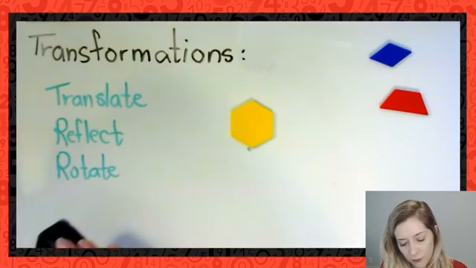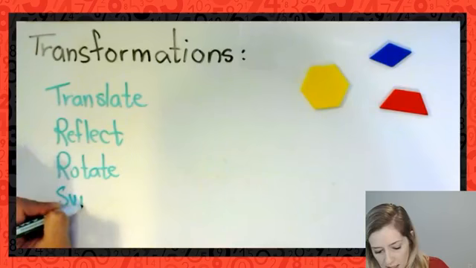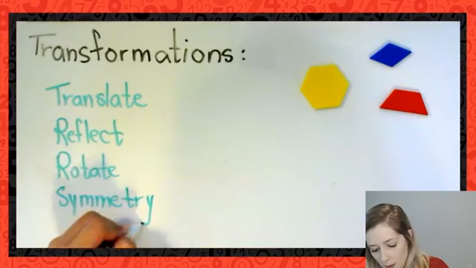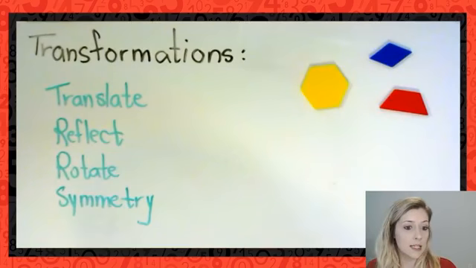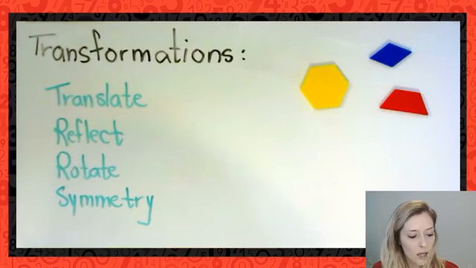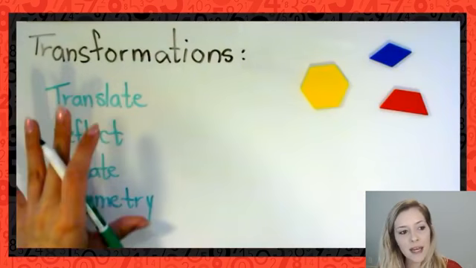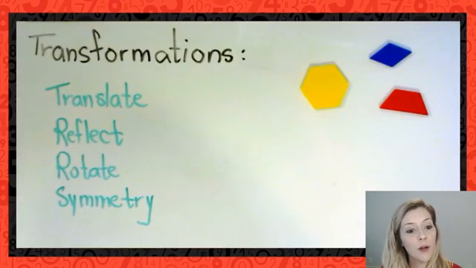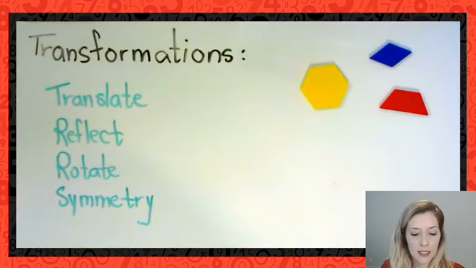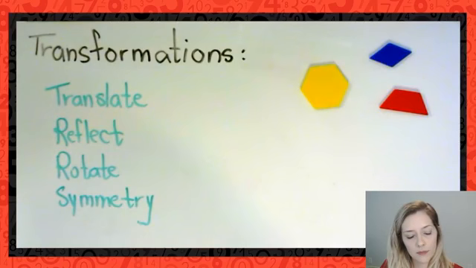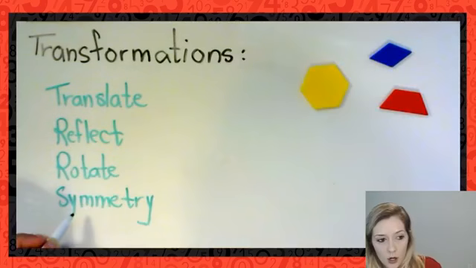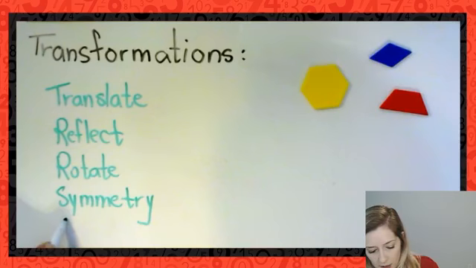I'm going to add a few more to there. Maybe not necessarily a transformation as you might think of it, but symmetry definitely can hold for our tessellations. Okay. And what are some combinations? Again, I'll give you a few seconds to think of that. What kind of combinations of these transformations can I use? And how could they possibly show up in my tessellations? Okay, so before I talk about a combination, I'm going to add in scaling.